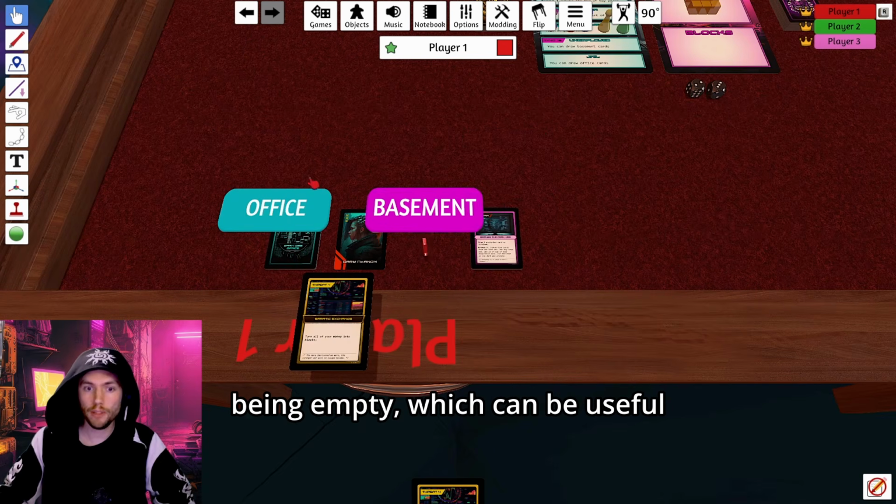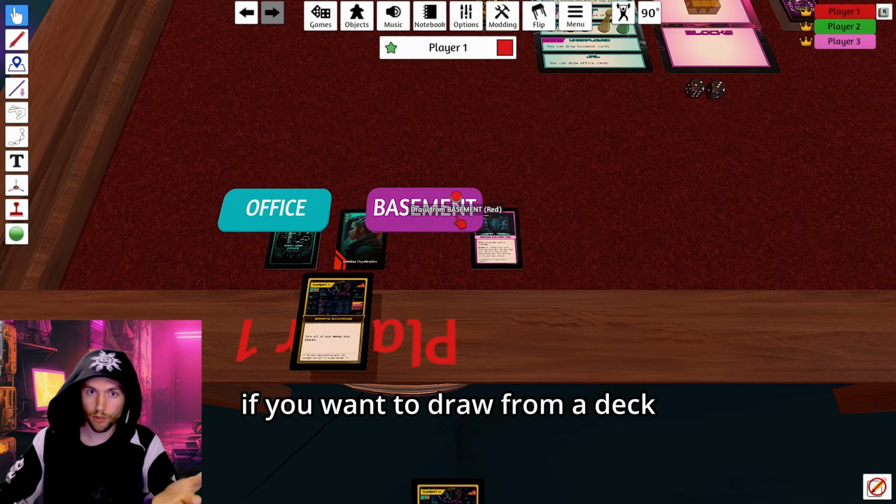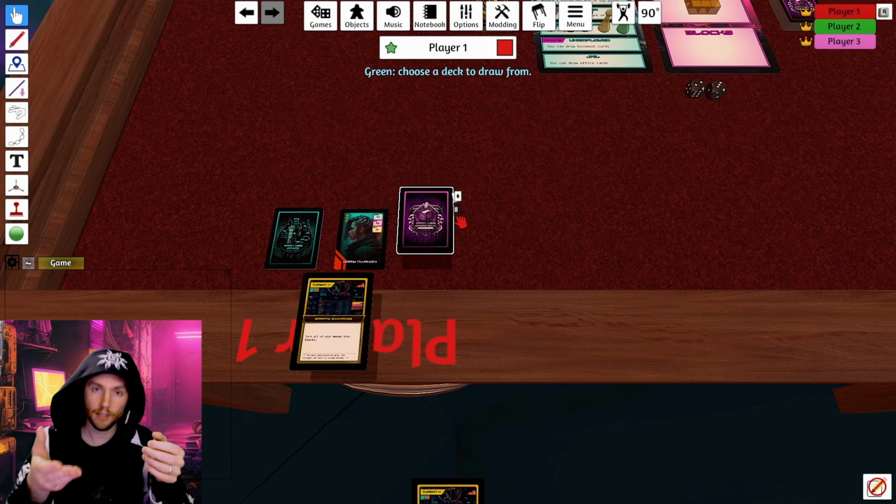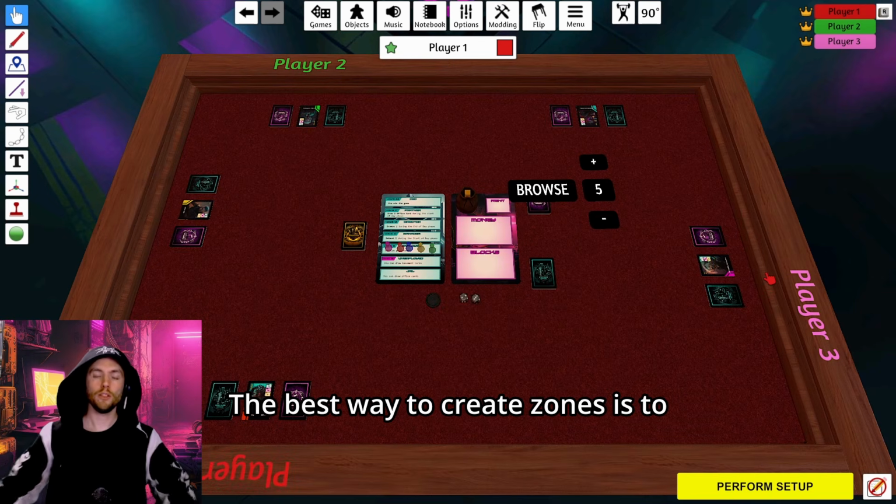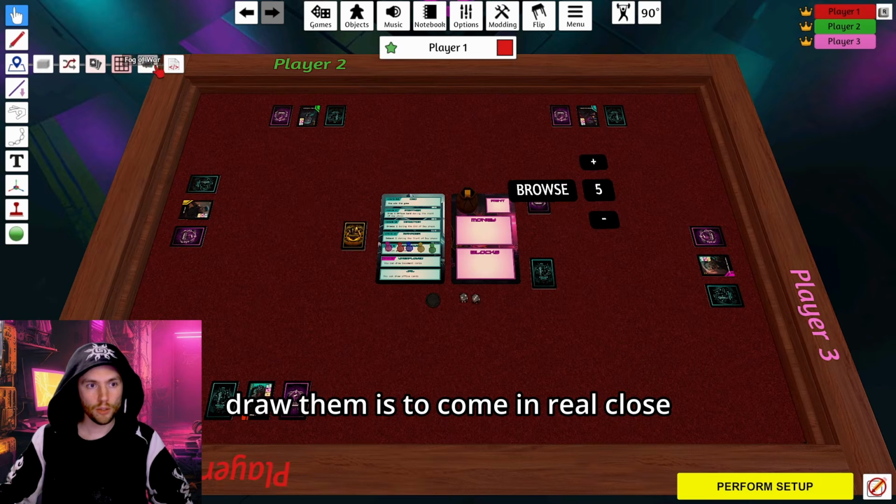The second reason is that a deck can be empty, and that can then be identified by the zone being empty, which can be useful if you want to draw from a deck when the deck is empty. The best way to create zones is to draw them, and the best way to draw them is to